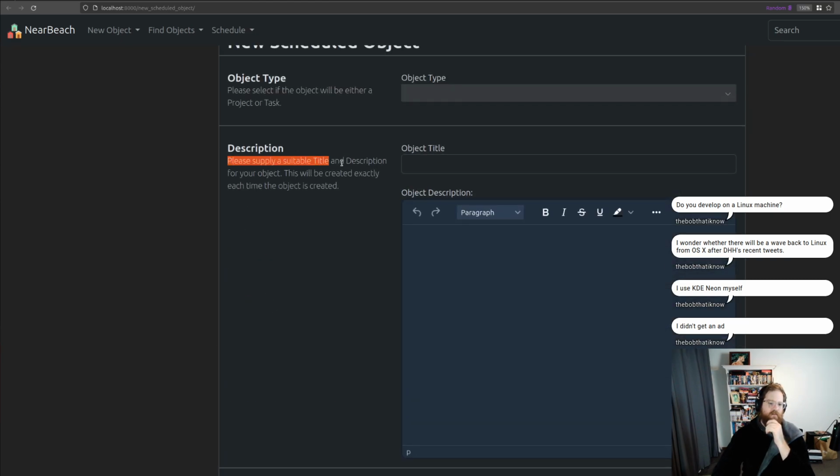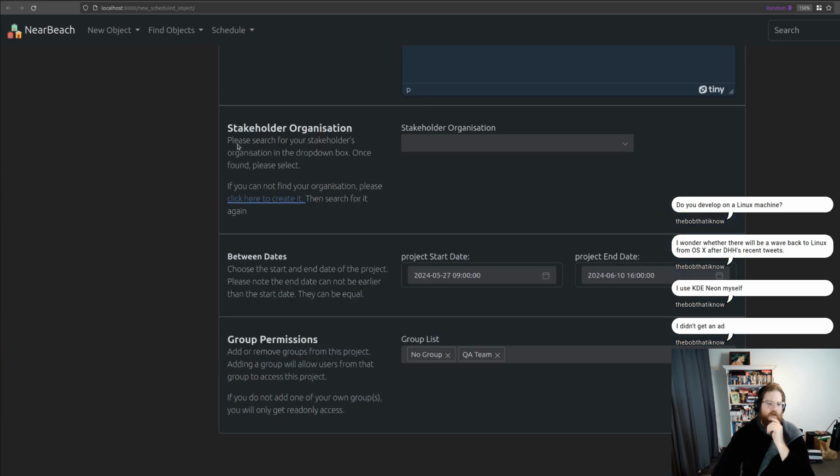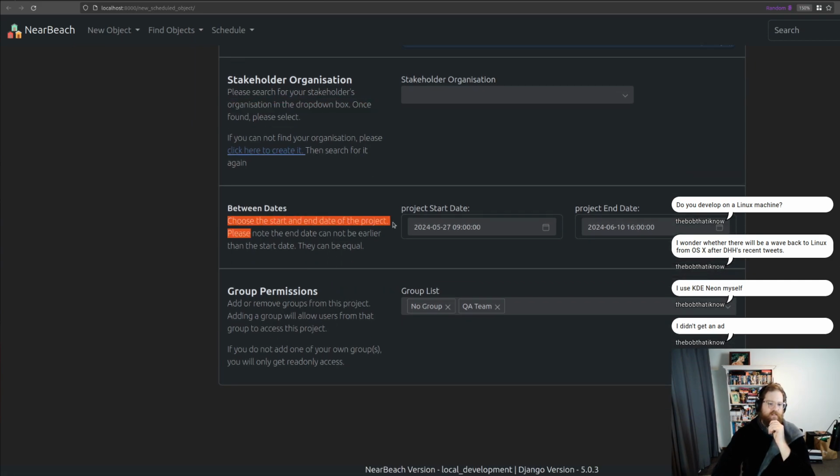So please supply a suitable title and description for your object. This would be correct. All right, cool. Please search for your stakeholder in the drop once found. All right, cool. Choose the start date and end date of the project. This will definitely be